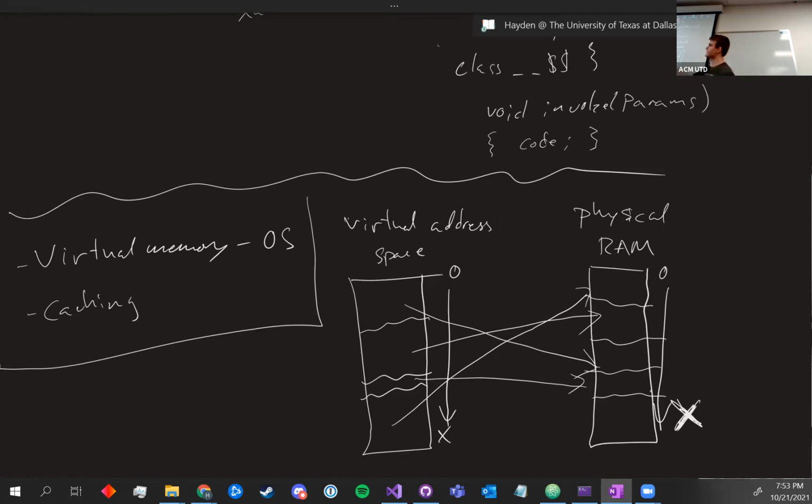That's why this virtual address space exists in the first place, to the best of my knowledge. It's a way for the operating system to make it easier for the programs running on it to interface with the memory that is going to be fragmented, because there are tons of different processes running and they're all using different parts of